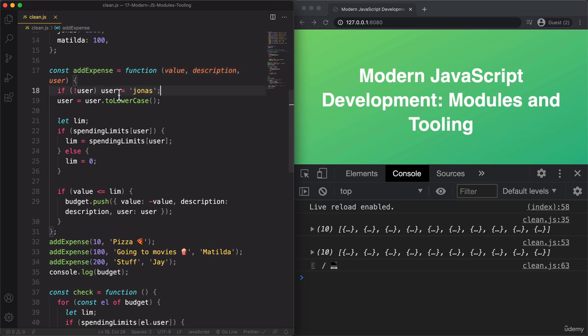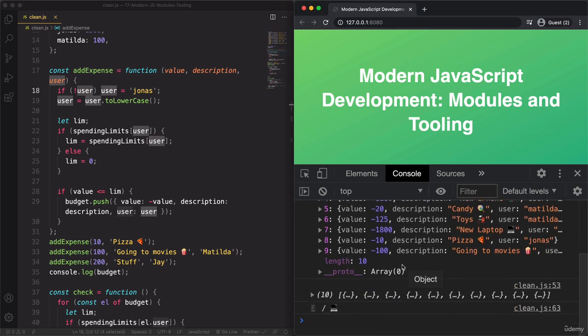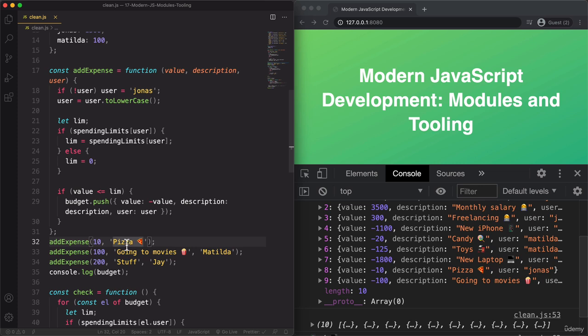Then next up, we have this check. So what happens here? If there's no user, then set the user to Jonas. Now, what does this actually mean? Well, essentially, this is like setting a default parameter, right? So again, if the user is not set, as we're checking here, then it should be set to Jonas. And let's confirm that that actually happens here. And so indeed here, when pizza is added without the third argument, which is user, then it is automatically set